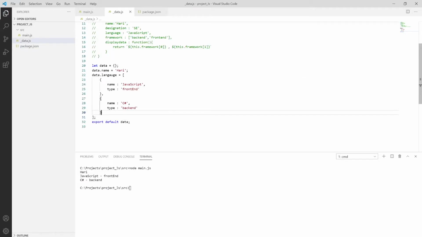If I add one more thing, say I'm putting name as Java, which is a kind of backend language, so we have used backend, and then save it, Control S, and try to run this.